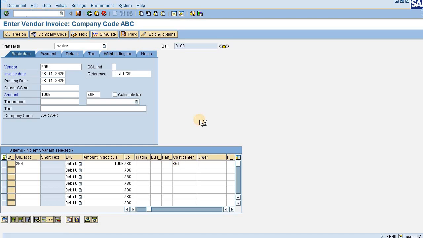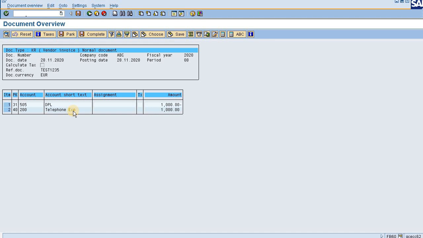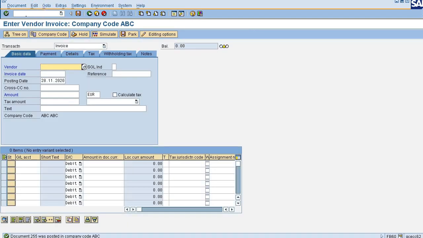Now click on the simulate button. System will simulate the transaction. Here the 200 GL account is the telephone expenses, so telephone expenses debit to vendor, that's the accounting entry, which is fine. Now I am saving it. Document would be posted and the open item would be generated accordingly, and accordingly I'll pay the amount /n FBL1N,